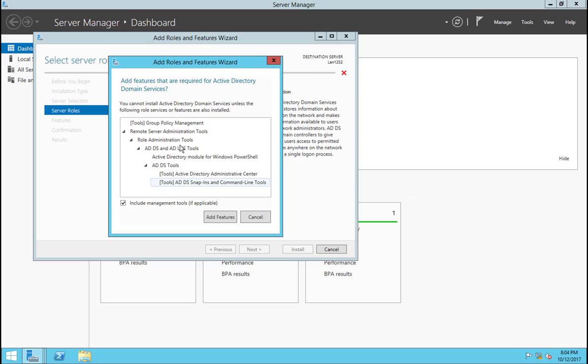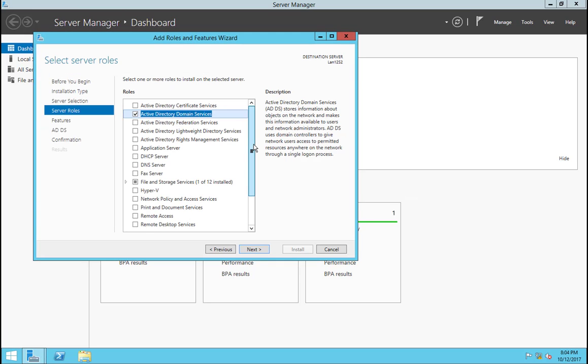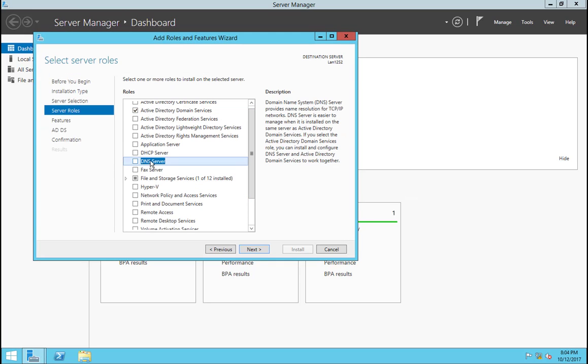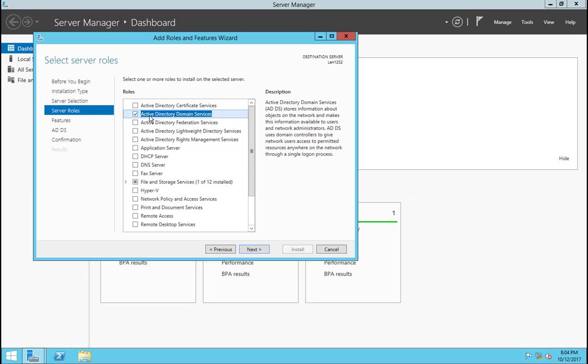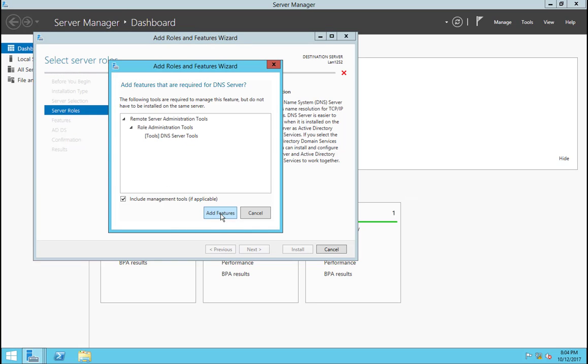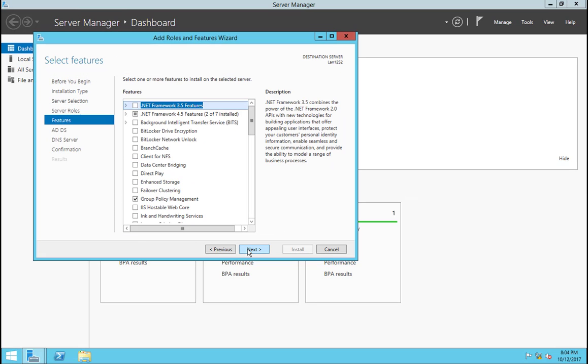And then on the server role, we just need to install Active Directory Domain Services. It's going to add a lot of features that it will require for that service, so you're just going to say add features. Active Directory requires DNS, so you will have to install the DNS server. Sometimes you just have to install this one and it will install DNS for you. I'm gonna select it just in case,